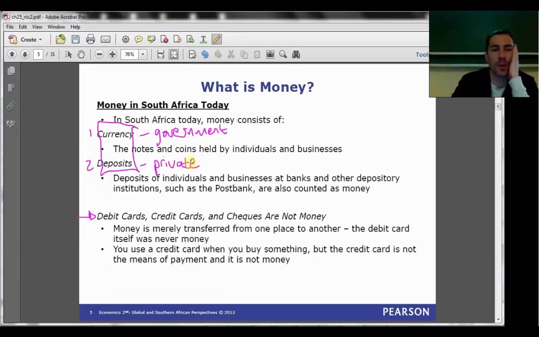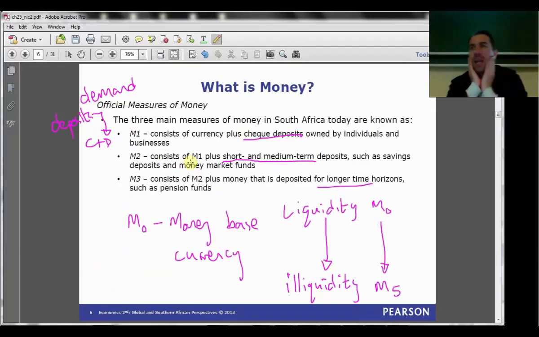So there was a question about these different measures of money. I mentioned that as we move from M0 to M3, the money that we are referring to is becoming less liquid. What do we mean by liquid? It means that we can use it as a medium of exchange. Someone else will accept it immediately as payment, and we can use it immediately as payment. That's what liquidity as a functional definition would be.